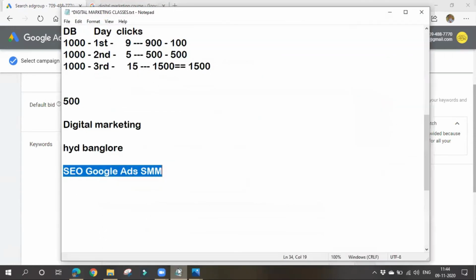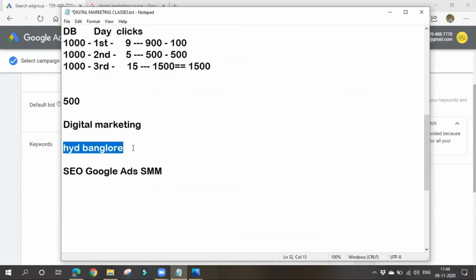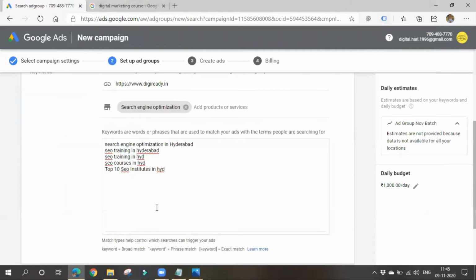Again, one thing I want to say is, if you are going for different locations, go for different campaigns. As I said, at the campaign level, which we saw yesterday itself, we define some areas or locations where we are providing services. For each and every location we choose a different campaign. Why? Because the keywords will change. If you are writing Hyderabad, we have to show our ad only in Hyderabad. Again, if you write search engine optimization courses in Tirupati,